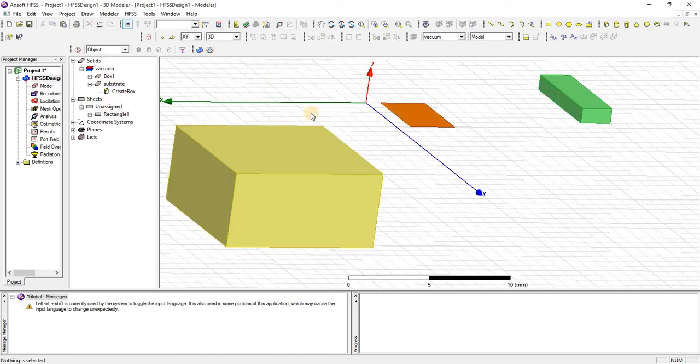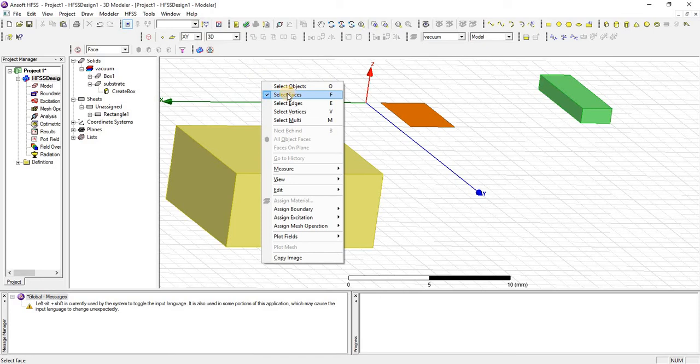Now how can we select a face of an object? You can change it from here, face of an object, and also you can click from here, select face.